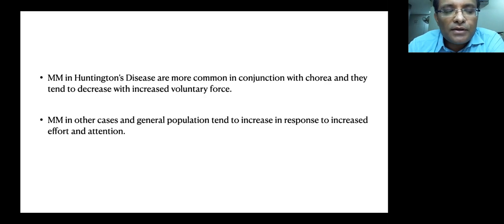Now, these mirror movements are also described in Huntington disease along with the chorea. And the important thing is they tend to decrease with increased voluntary force. Now, this is one finding which is as opposed to the general population in other cases, where an increase in the effort or attention tends to aggravate mirror movements. But in Huntington's disease, it is known that it reduces the intensity of mirror movements with an increase in the voluntary